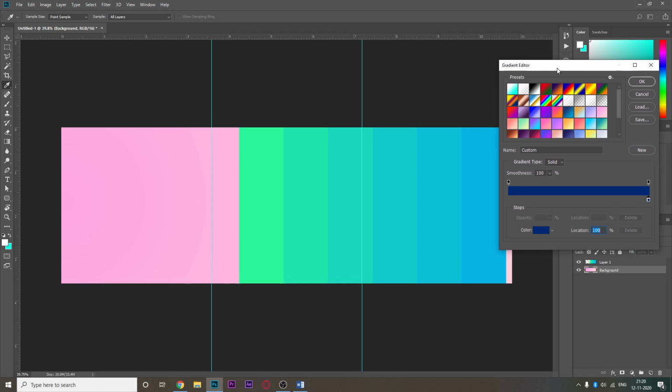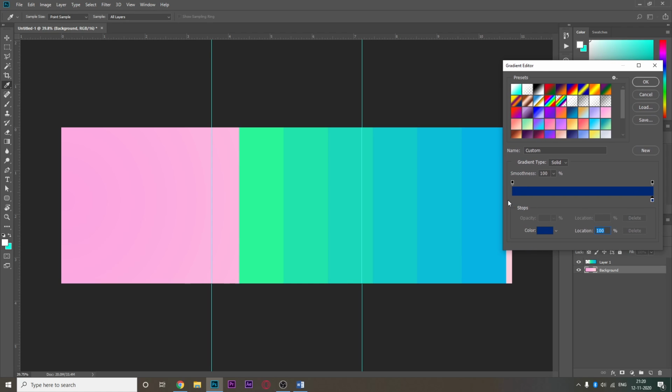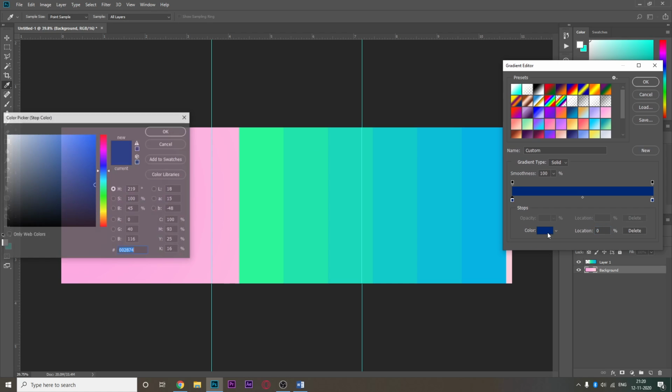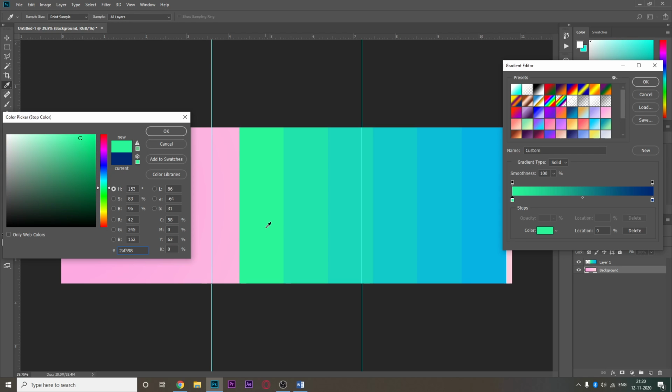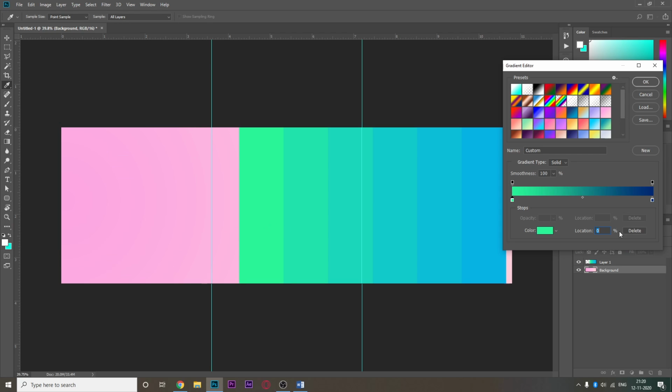I want to change this gradient into something like this. You just press, and now you go here to color and select the color, and it automatically fills it. Now there are six colors, and this bar represents 100%. You can take a calculator and do 100 divided by 6 if you want to be absolutely precise, but you can also take an approximation, wherein the next will be at 17%. So location 17%, color.